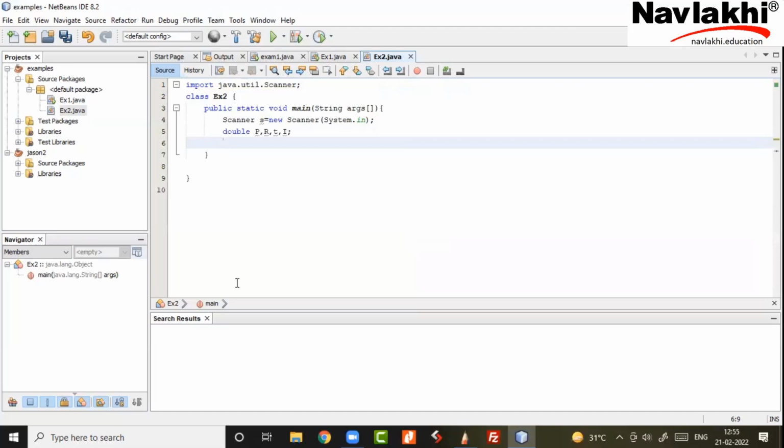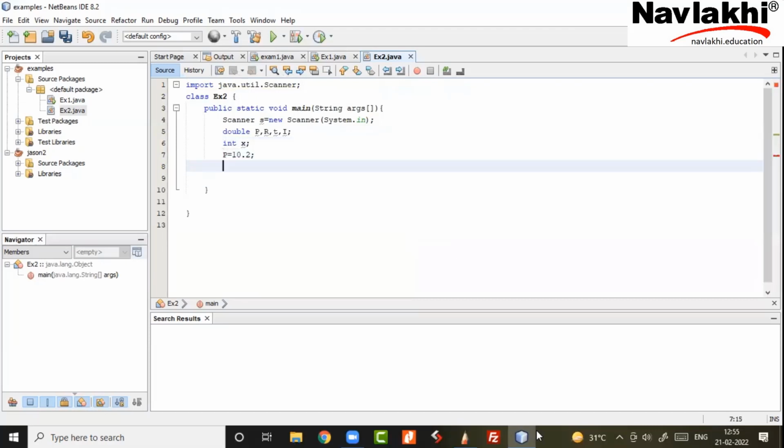And the problem with Java is that it doesn't do automatic degradation of data type. For example, if I create an integer variable x, and p is 10.2, and if I transfer that p into x, it'll give me an error. In Java, it doesn't do automatic degradation, which other software does.